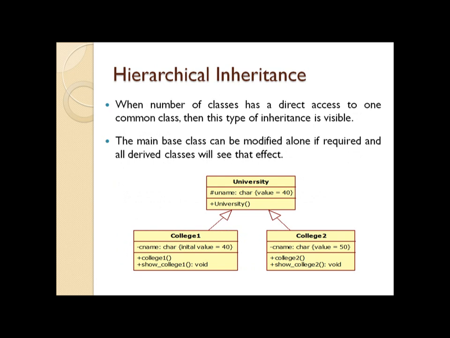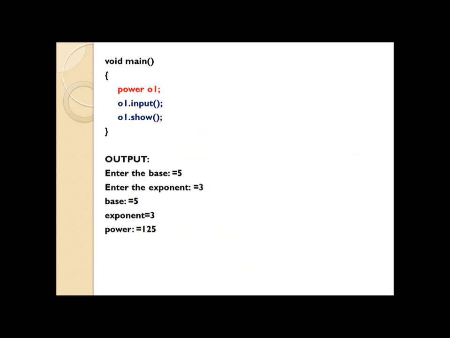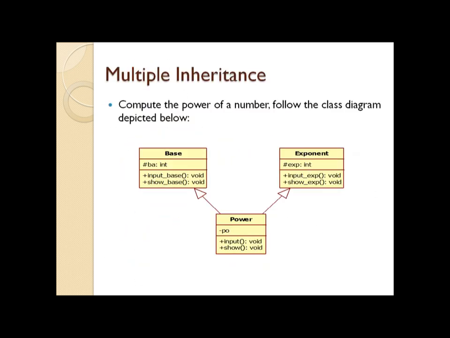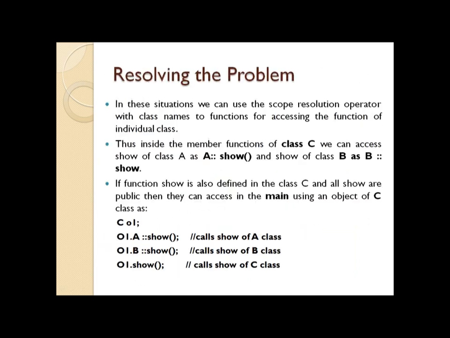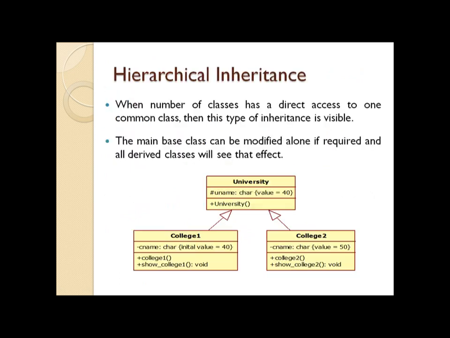Now, after the completion of multiple inheritance, we'll discuss hierarchical inheritance, which also plays a very important role. It maintains the hierarchy of the classes, and the idea is if one parent class derives multiple classes, then such a type of inheritance is called hierarchical inheritance. You have seen in the case of multiple inheritance that multiple parent classes derive a single child class,